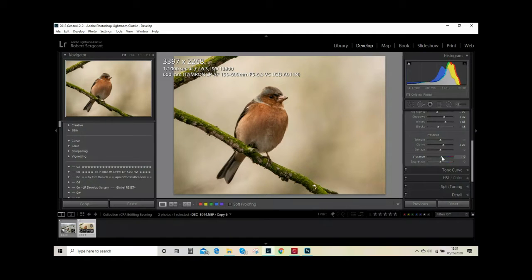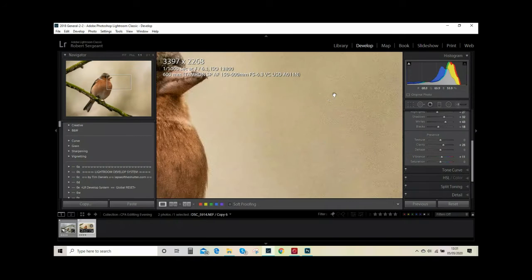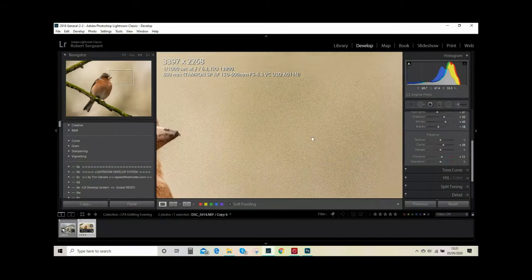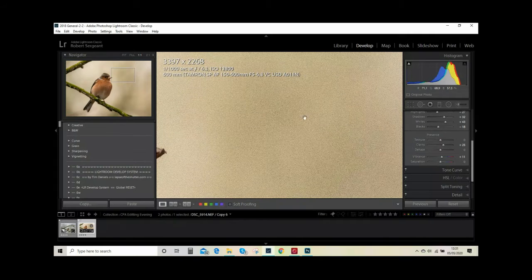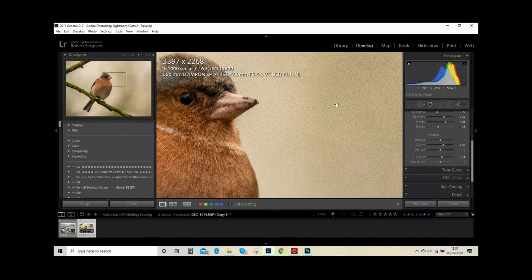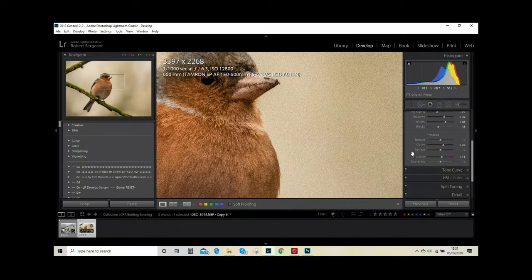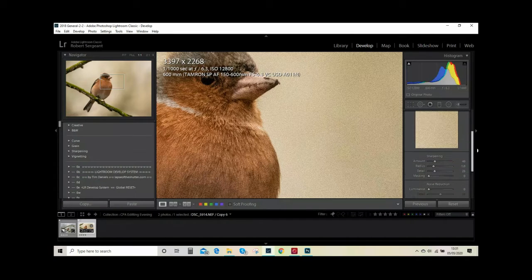But in the process of doing all this, what we've actually done is increased the noise that we have, and you can see it very clearly here as this sort of patterny type area in the background. The way we deal with that in Lightroom is if we go down to the details panel and look at the luminance, which controls the noise. As you can see here, you can see the noise quite well. So increase the luminance,